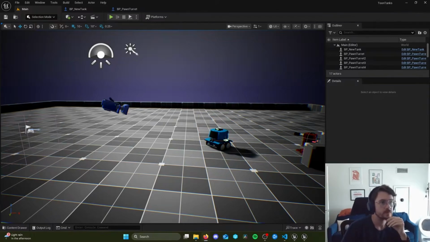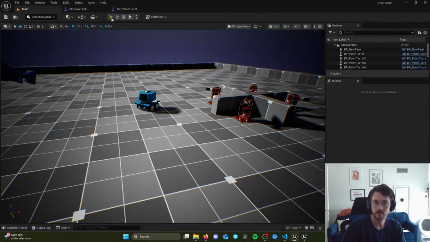play and we attempt to move through a wall, for example, we'll see that we move right through the wall. So something isn't quite working here. Now let's look at what that root component for the BP pawn